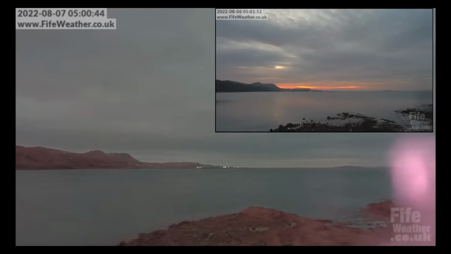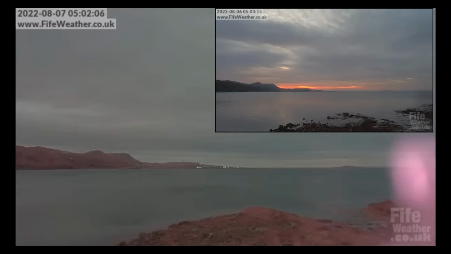Also on the small picture now you can see an object above this hill where the TV tower is, which is not present on the larger picture. That means that this situation is changing from day to day, and that we don't look at the same situation in the sky. And this is very, very important for you to see.